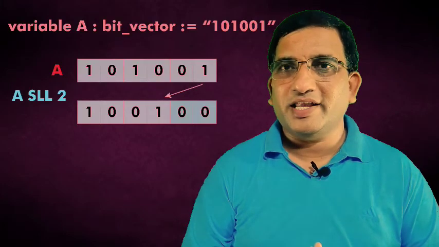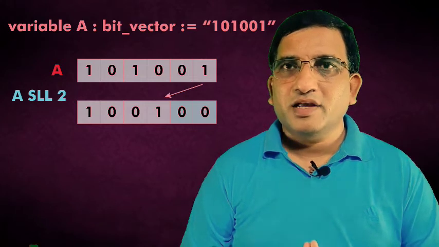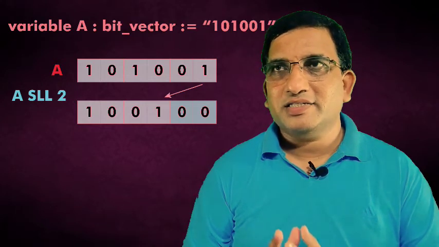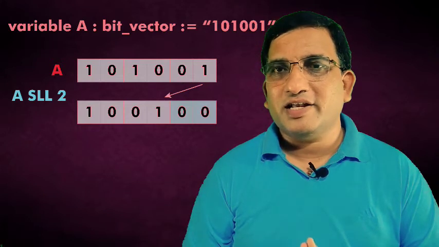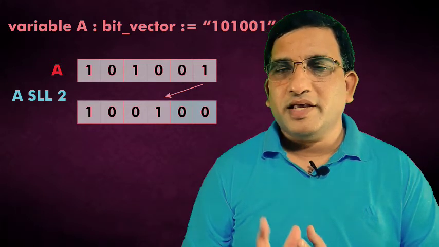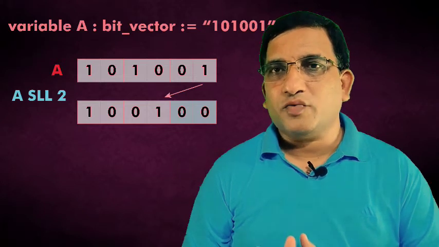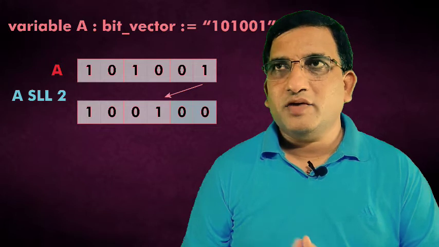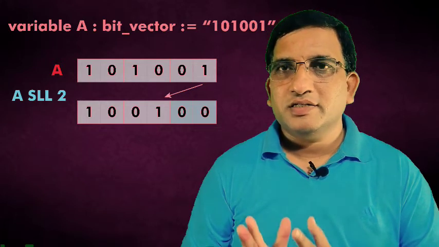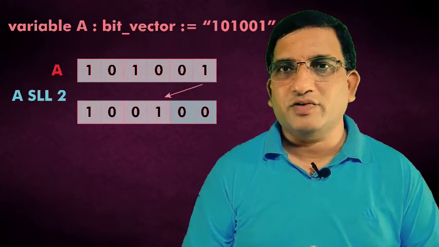Now let us consider one next example and let us go through all the operators. When I apply all the operators, what will be the result of these operators? That we will see now combinedly. Now let us consider one example. For that again I will declare one variable a, and in that variable again I will consider a group of 6 bits. So I will declare the variable as variable a colon bit_vector colon equal to 1 0 1 0 0 1. I will consider this value suppose.